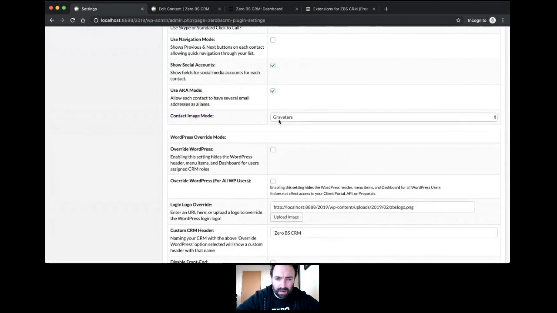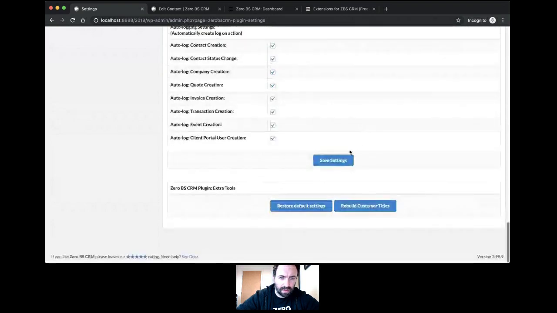So Gravatar is a globally recognized avatar. If you go to gravatar.com and enter your email, you can upload a photo there and it'll attach that photo to your email. So if you have Gravatar mode, it will do that. Or you could say, let's use custom images instead. So with custom images,